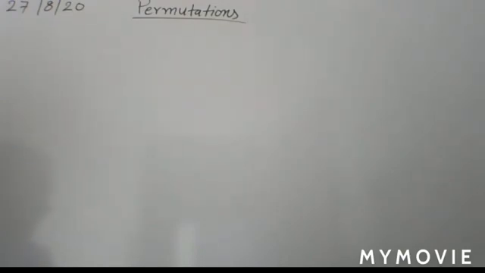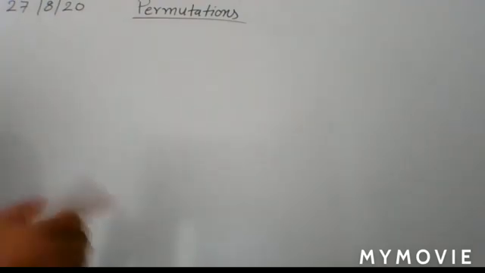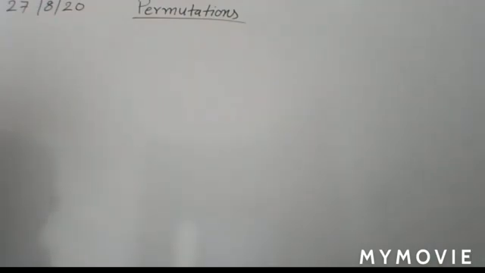So what is given here is that a total of 10 points are given, and among all those points, no 3 points are collinear except 4 points. Except 4 points means out of these 10 points, 4 points are collinear, as given in your question. So you have to find the total number of straight lines, and you well know a straight line can be formed by joining any 2 points. So how do you get your result? First of all, sir, is it 40? No, not yet. 45 minus 6 plus 1 should be 40. Yeah, that is correct.